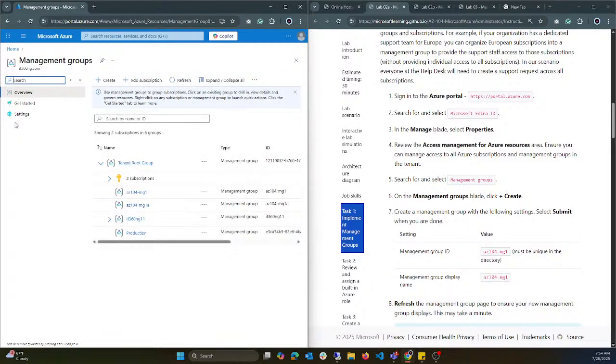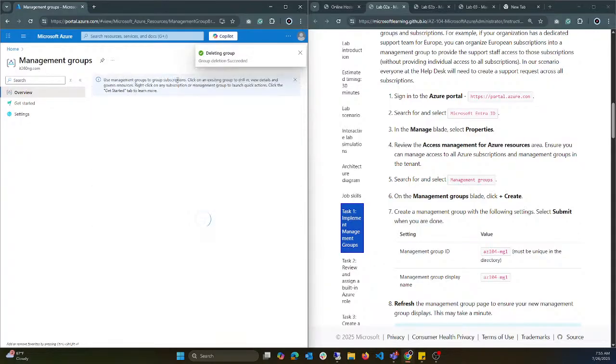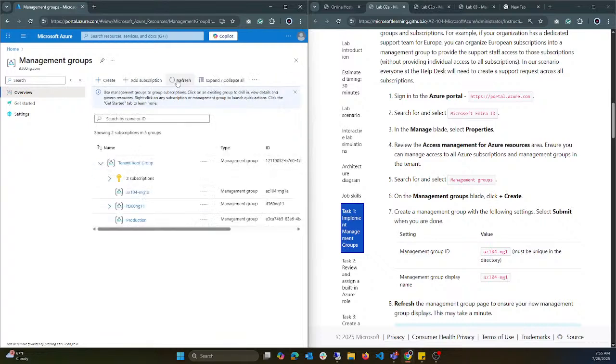Right, so like I said, I've got this created already. I can decide to delete. Yes, let's just delete. I do not have any subscription within that particular management group, so I can still go ahead and delete. Let me just do this also for this one. Yep, that's been deleted. I can go ahead and create. So for me to create, I need